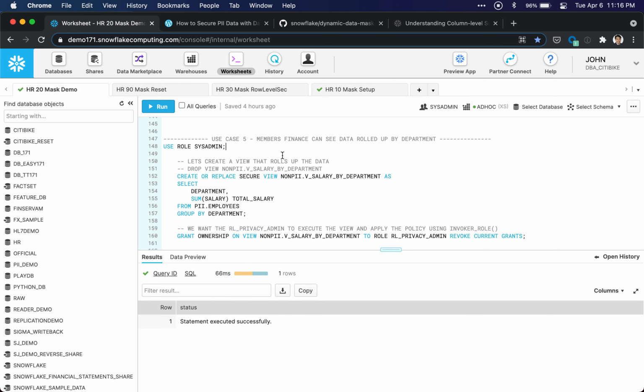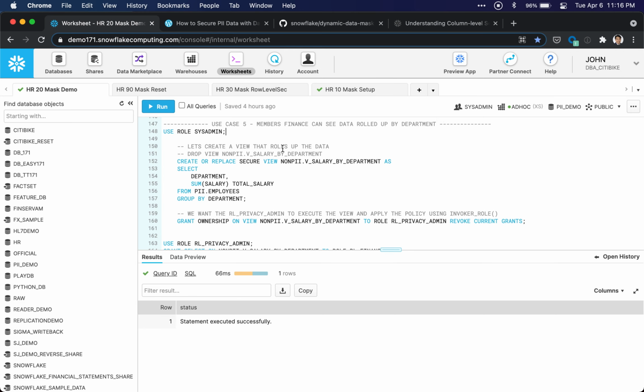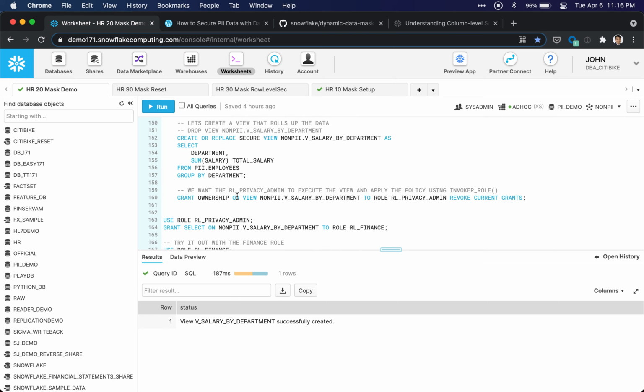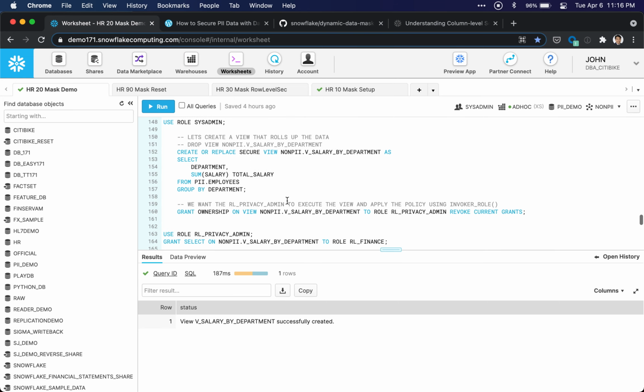Okay, and the final use case, use case 5, is members of finance can see data rolled up by department. So we're just going to create a view that rolls up the data. So let's just create that view, and we're going to grant. Okay, so remember, we created this view as sysadmin, which is generally a best practice, and now we want